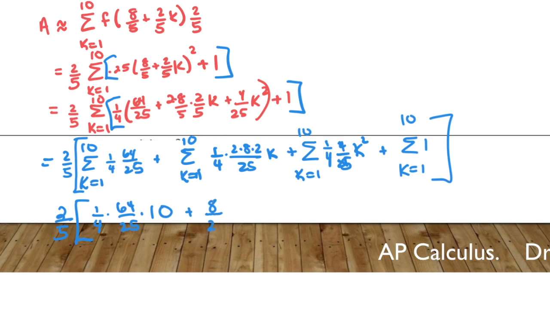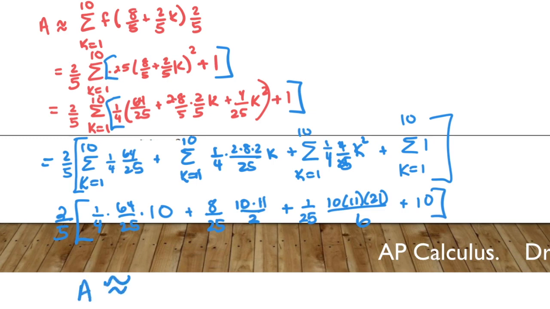Let's write 8 over 25. K is sitting there, so when we evaluate, it's 10 times 11 divided by 2. Look at that. That was very useful. Then we will have plus, the next term is going to be a nice 1 over 25. Then for k squared, we have 10 times 11 times 21 all over 6, and our last expression is plus 10. When you simplify all of that, what you know is that your area under the curve is approximately